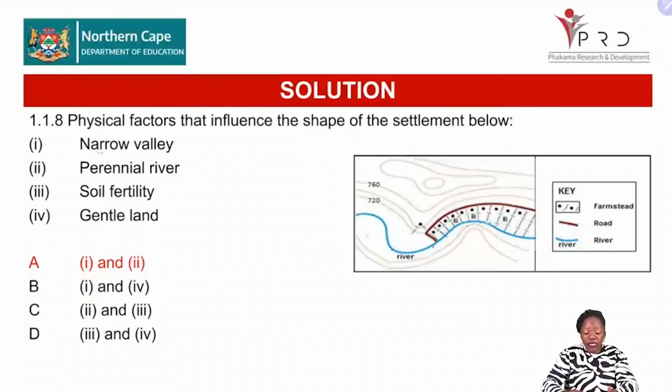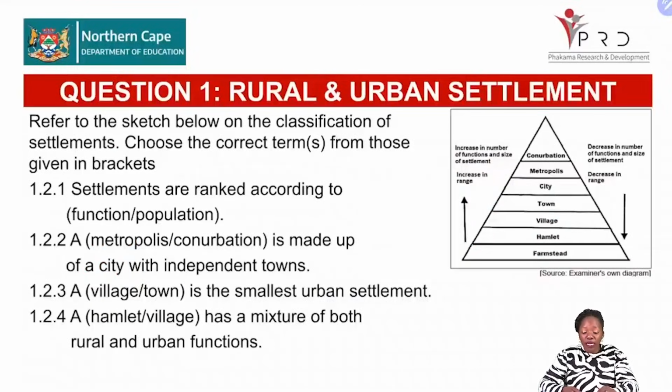So hence it is a Roman figure 1 as well as your Roman figure 2. Then we are still in question 1, which is your rural and your settlement questions. So there you refer to the sketch below on classification of settlement. Remember, settlements are classified according to their functions. So you choose the correct term